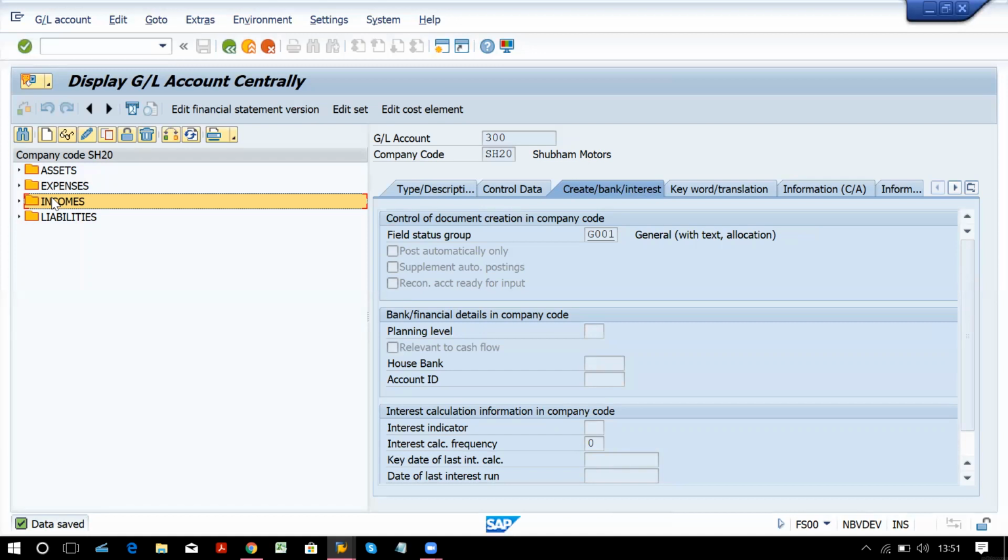Now, what is this testing part? Whatever configurations we have done, we have to test them. With these configurations, is the end user or the accountant able to process entries or not? Now we have completed the GL account part. For GL accounts, we can see whether he is able to process journal entries or not.